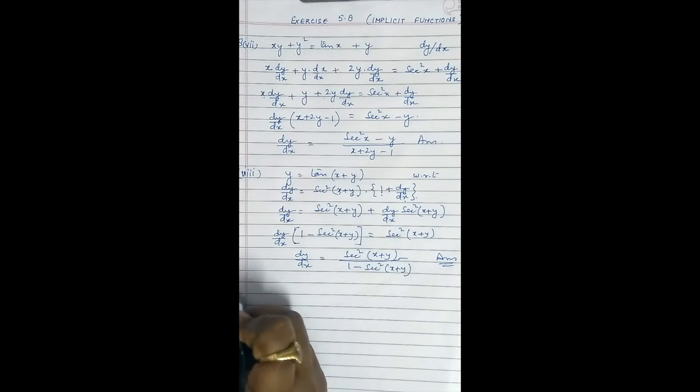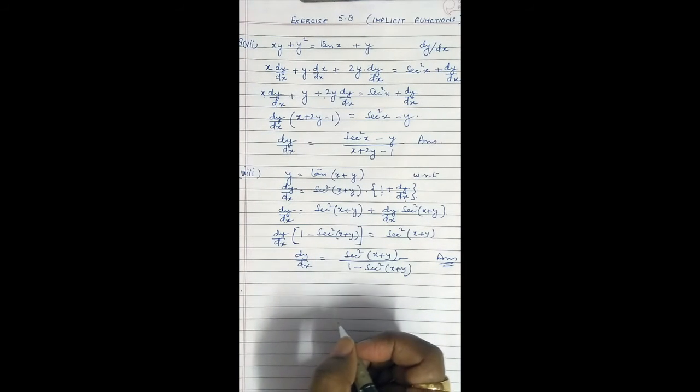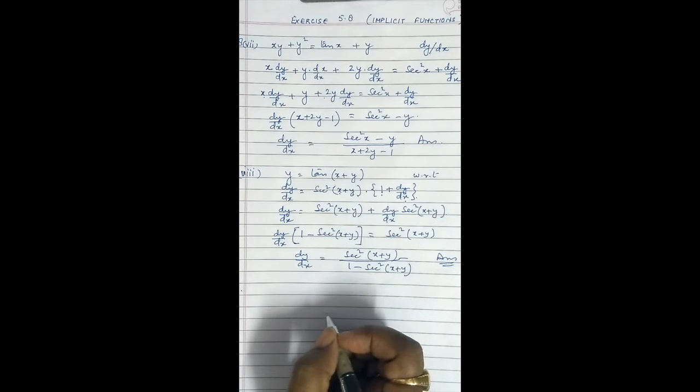Okay, now another example which I am going to take up from the 10th one. What happens? Sometimes an implicit function can be changed into an explicit function. So before starting the differentiation of your implicit function, just try to study it. Maybe you can make something the subject there. Now, why am I saying so? Explicit functions are easy to work with. So if you're able to change your implicit into explicit, you can do that.